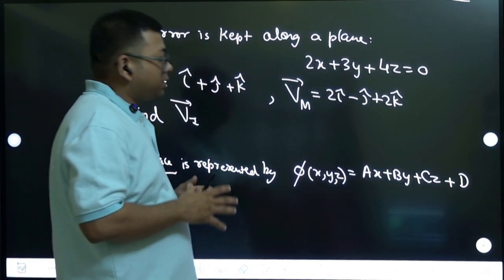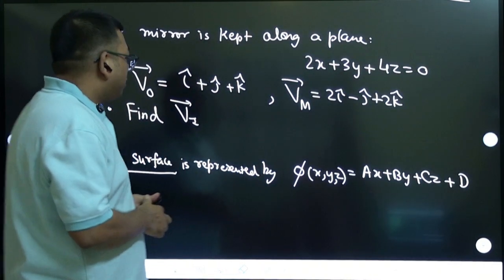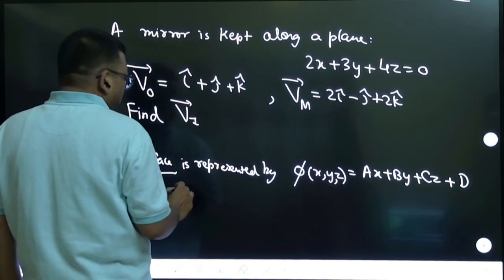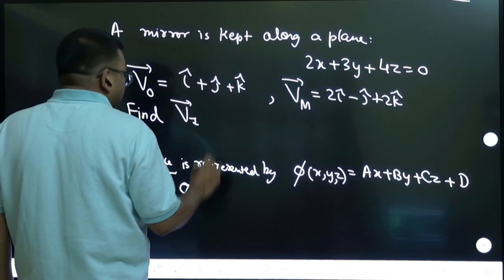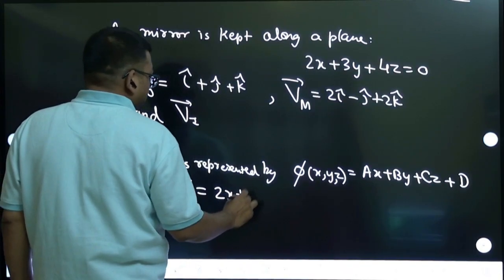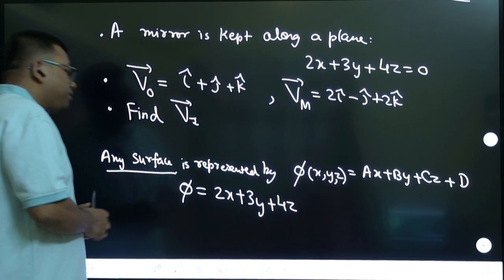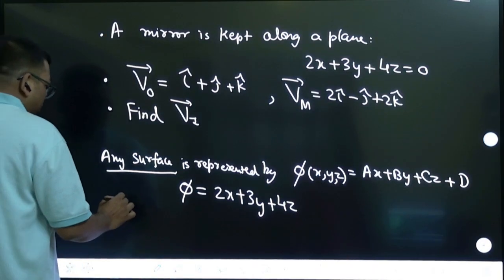Now if you take the plane which is given, this phi can be written as 2x plus 3y plus 4z. This is the function, and we calculate